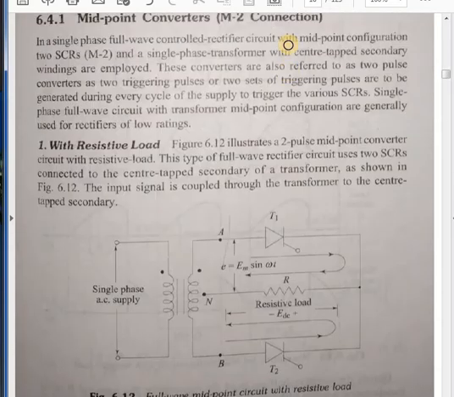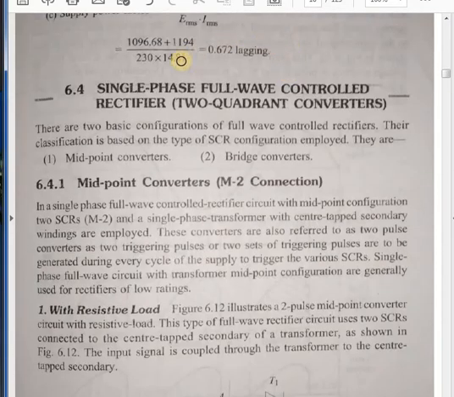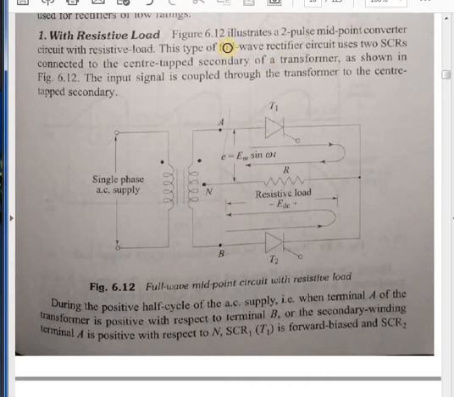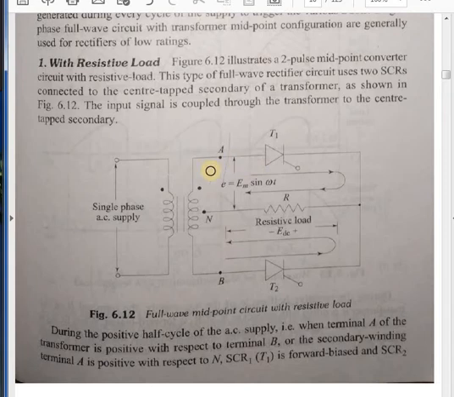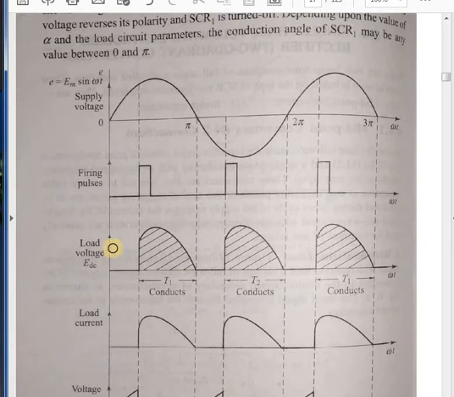Okay. Now, single phase fully controlled rectifier. There are two types of connections: midpoint connection and bridge converter connection. Usually you go for the bridge converter connection, and this connection is commonly used. In the circuit diagram, with resistive load, it's given. Here one thyristor will be conducting during the positive half cycle and the other thyristor will be conducting during the negative half cycle. So you will obtain the voltage in the positive cycle at the output.